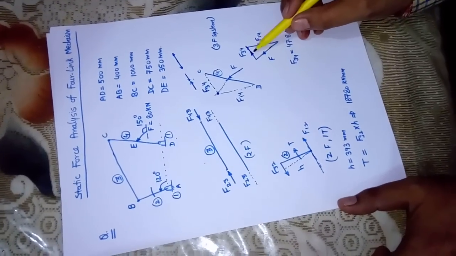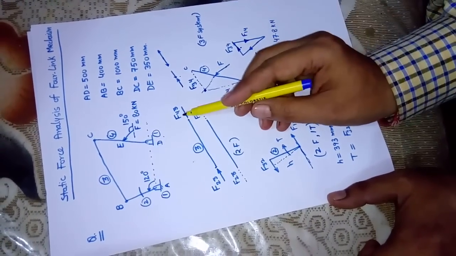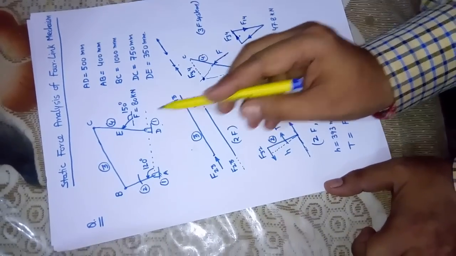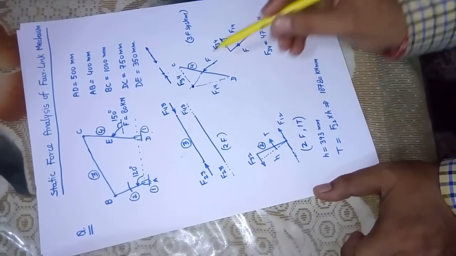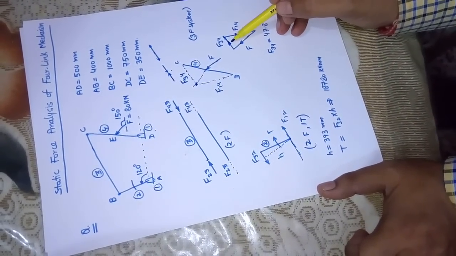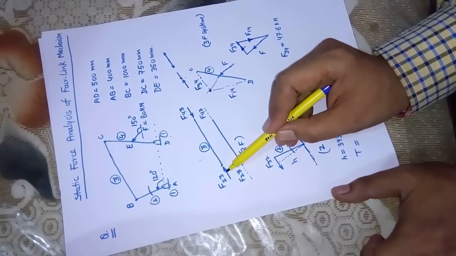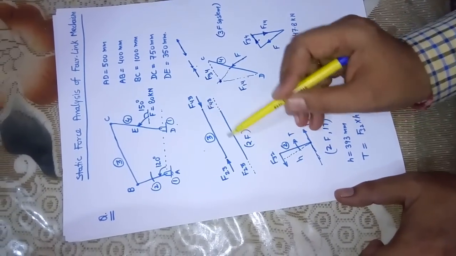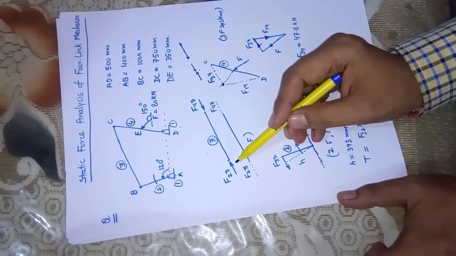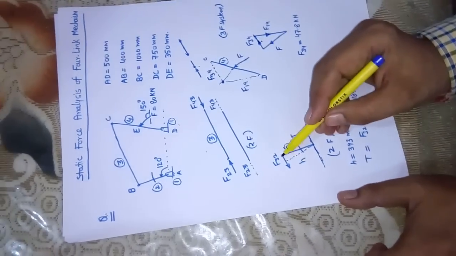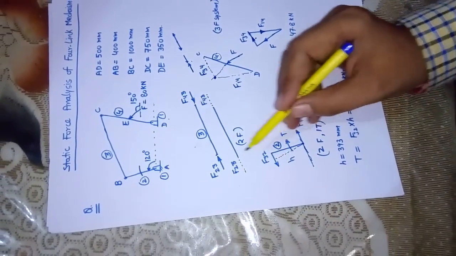Now I can transfer the direction from this to link number 3. That means F34 is equal to F43 as per Newton's third law. Link number 4 is acted on by link number 3 and link number 3 is acted on by link number 4. So we have taken the opposite direction of F34 for F43, and then F23 is going to be in the opposite direction because it is a two force member. Now if I know F23, then from Newton's third law I can transfer the reaction of this F23, that is F32, which is parallel and opposite to F23,